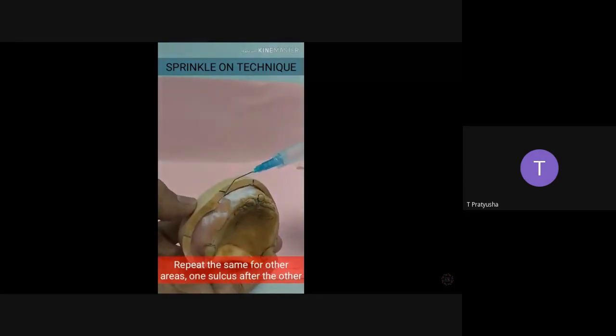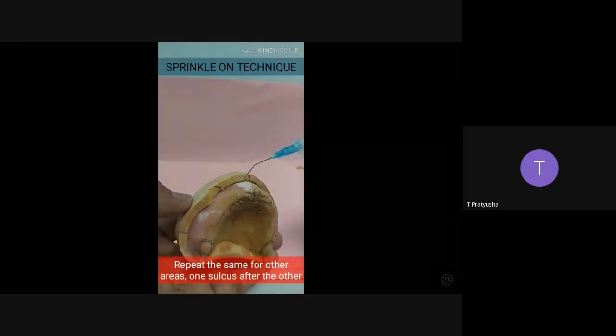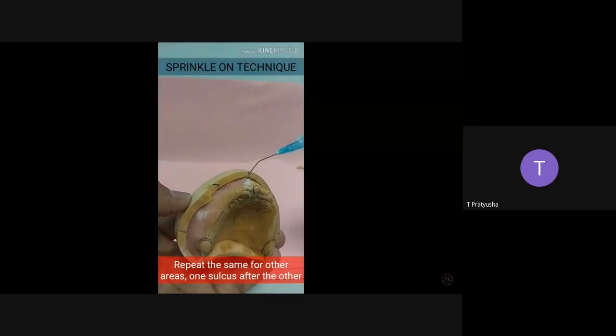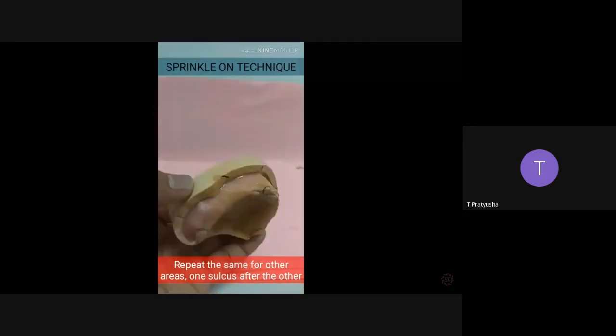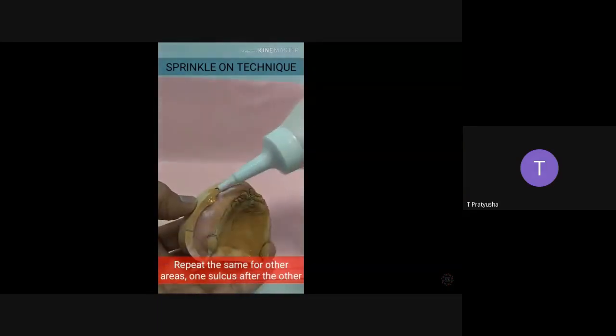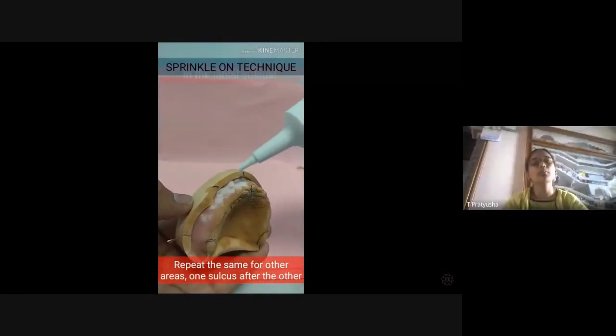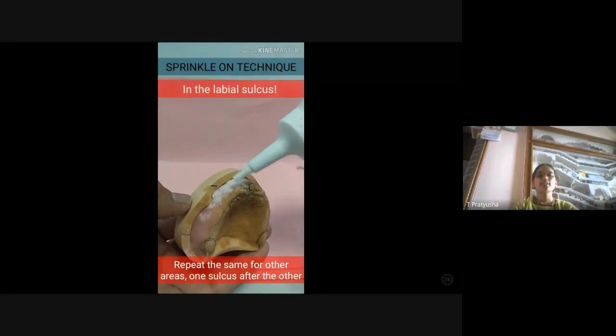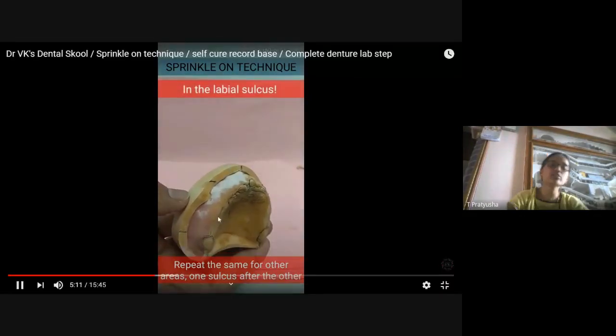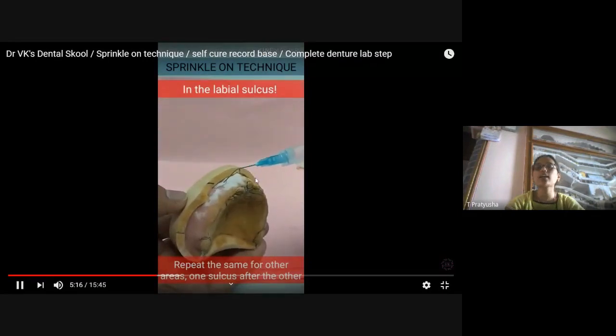And then we are adding the monomer. Again onto that some polymer and monomer. In this way, first onto the one buccal side, then the labial sulcus, then the other labial sulcus, and the other buccal sulcus.